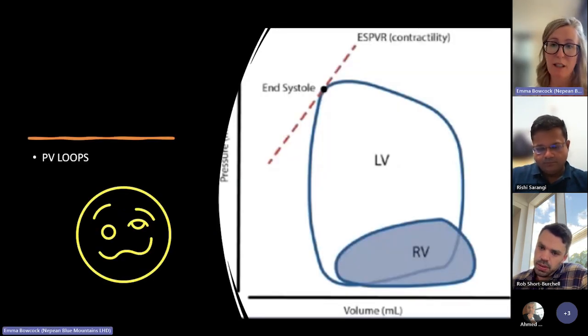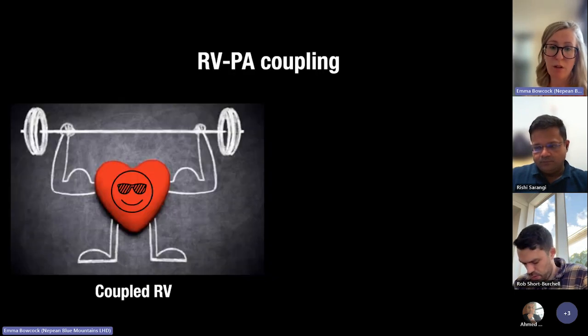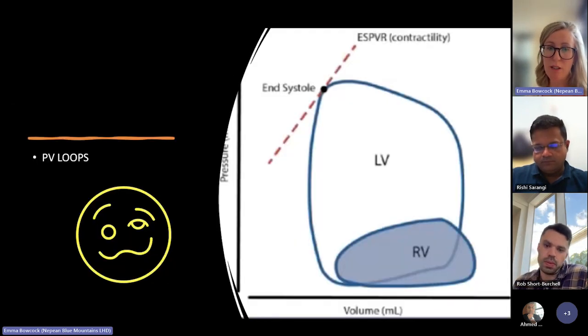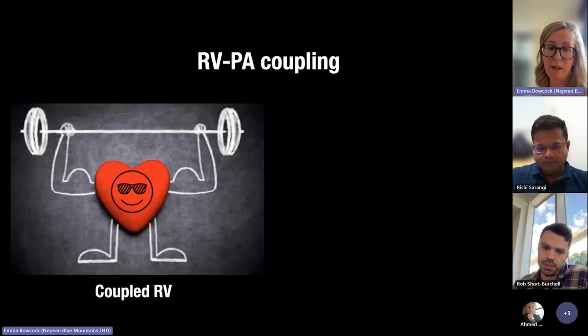In the last 10 minutes, I just want to quickly go through pressure volume loops. Everyone gets a bit nervous about it. I just want to go over the key things, and then we can have another session on it. But essentially, I've talked about the RV and the pulmonary circulation. Now, the final part of this for me is putting that together, and that is with coupling of your RV